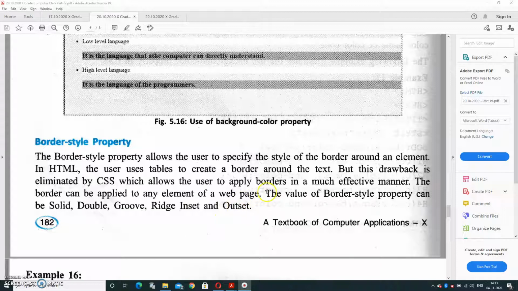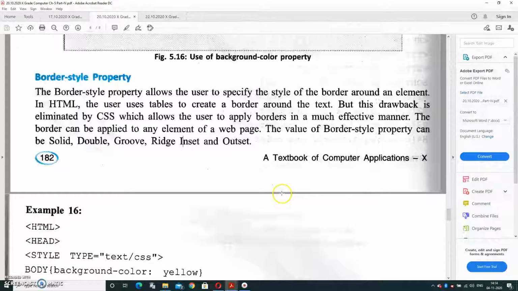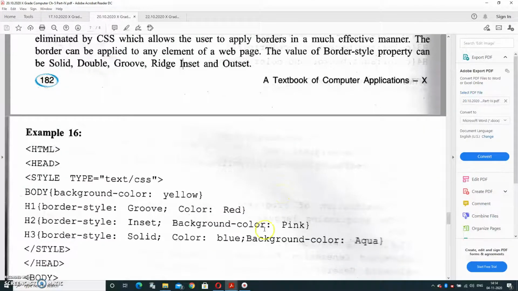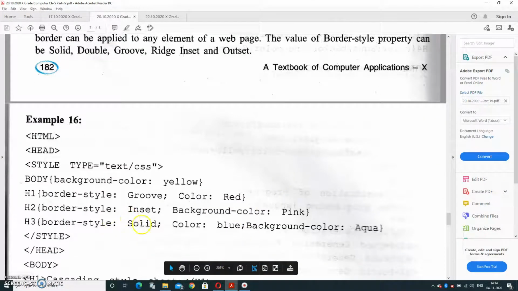It is also one more question, which type of values are supported by the border-style property. The values that are supported by the border-style property are solid, double, groove, ridge, inset and outset. The rest of the part is the same, only the border-style property we have applied here.